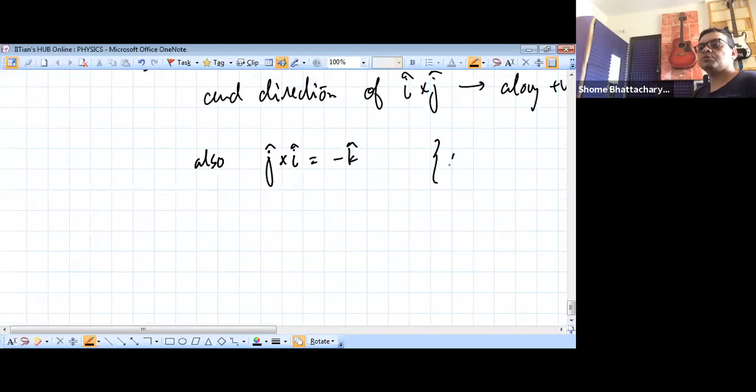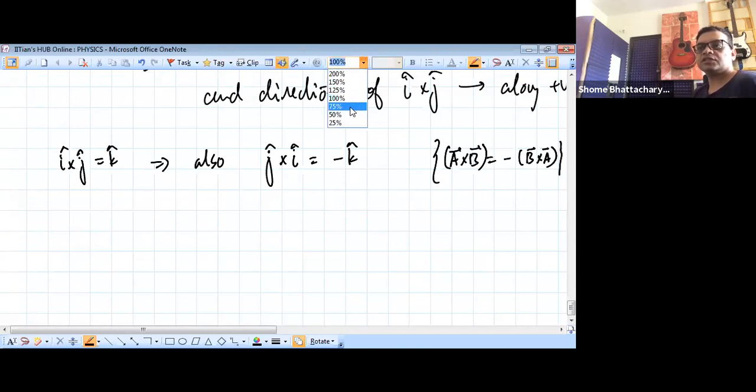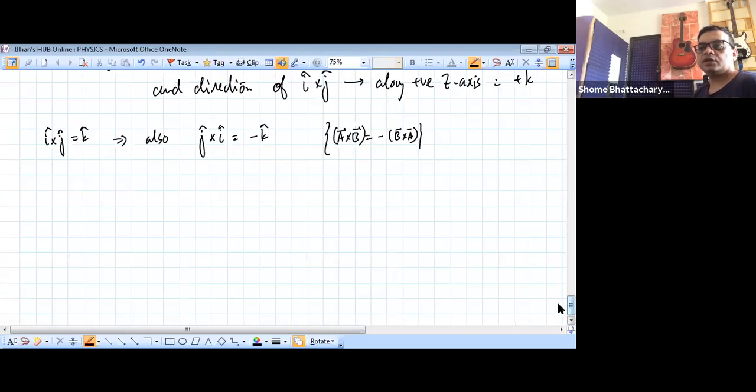This simply comes from the property that A cross B is minus of B cross A. There is an inverse relationship between A cross B and B cross A. So since i cross j by definition is k cap, what this implies is that j cross i must be equal to minus k. So this is the first set of formulae that you have for the cross product in component form of the unit vectors. Now similarly,